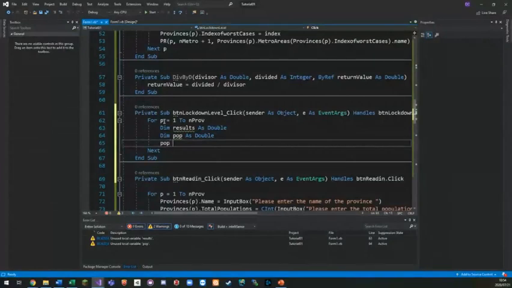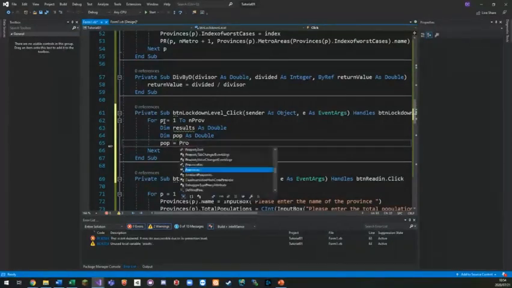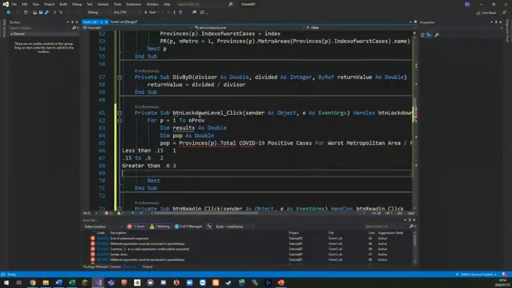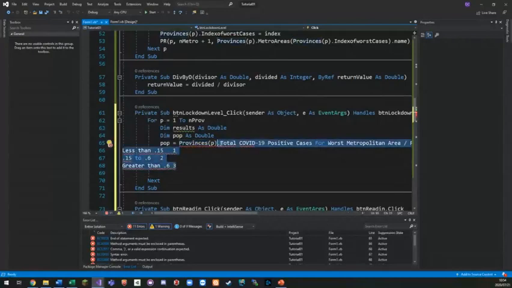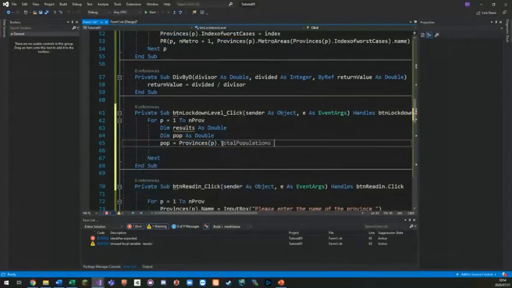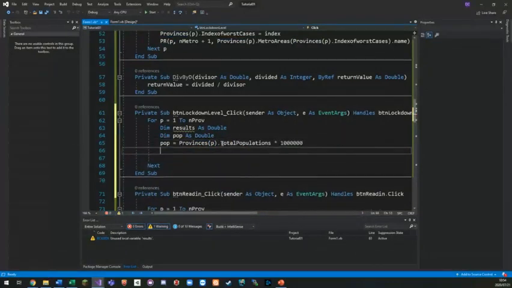So we've got to say pop is equal to province P dot total population times a million. Okay, now we have our population back in the correct value from the user, because the user is going to give us the millions. We need to put it back into the correct structure. Now we can use the divide by